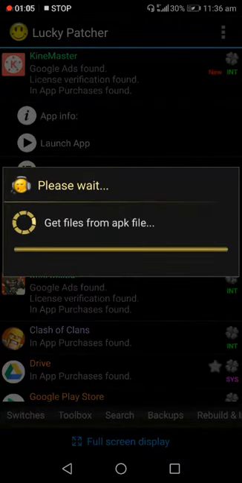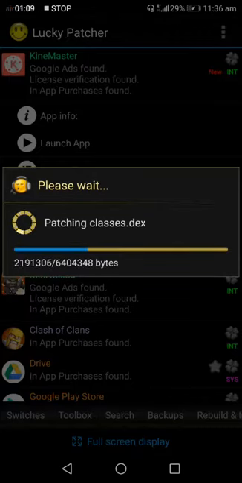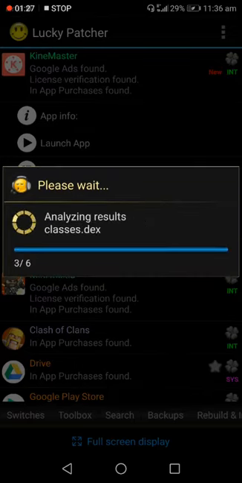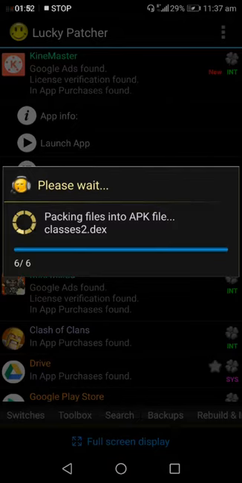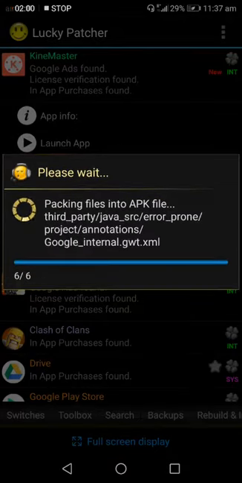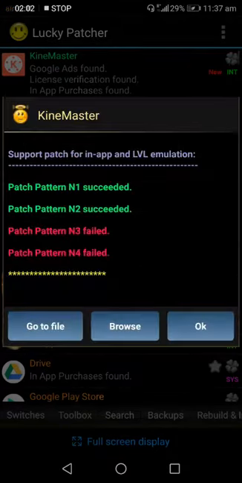So it will patch some files to your APK files. All you have to do is just wait. It takes some minutes to patch the files. It's almost done. Go to files,